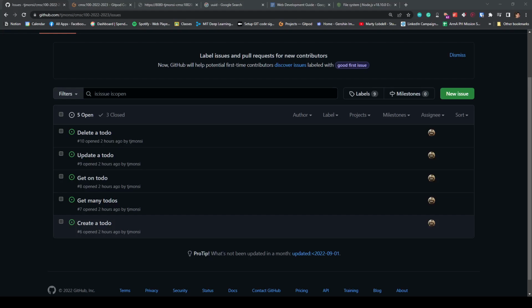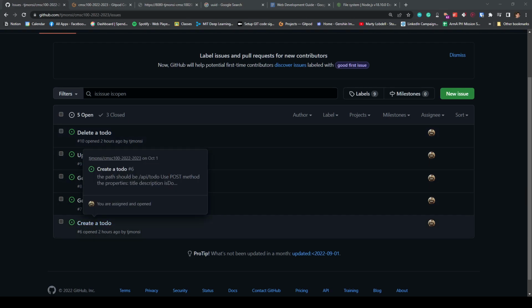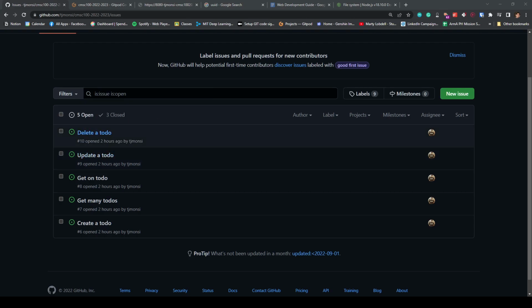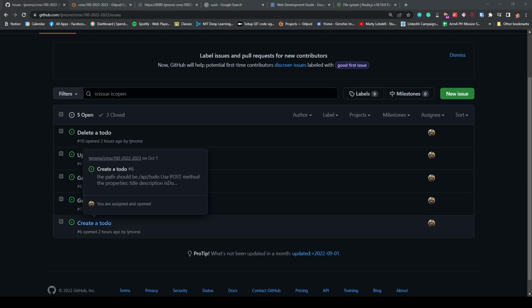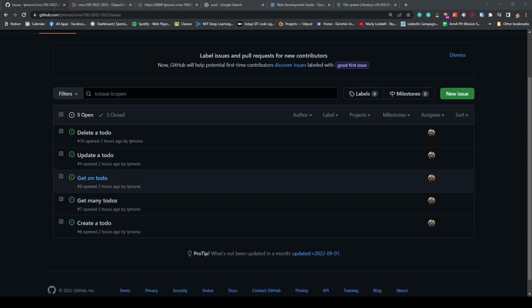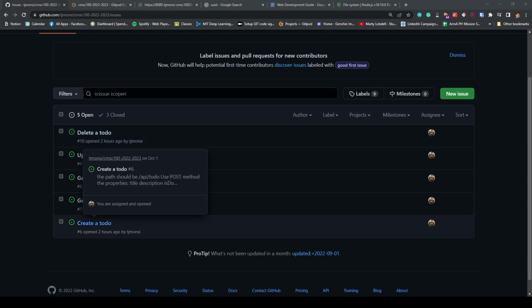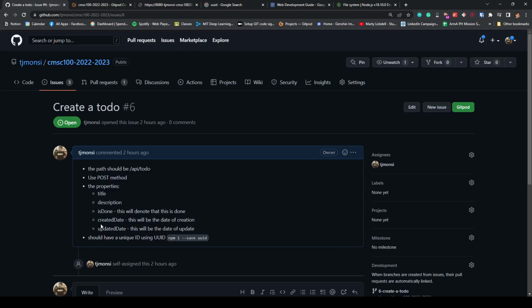So, let's start by creating or doing all of the parts of the to-do process, which is create, get, update, and delete. So usually, this is called the CRUD, or create, read, update, and delete. So we'll start with the C part of CRUD, which is create,